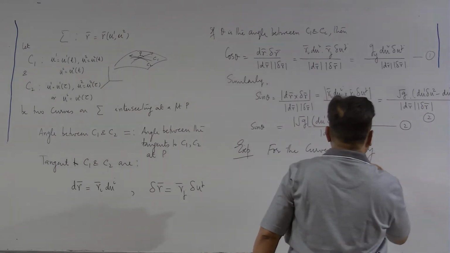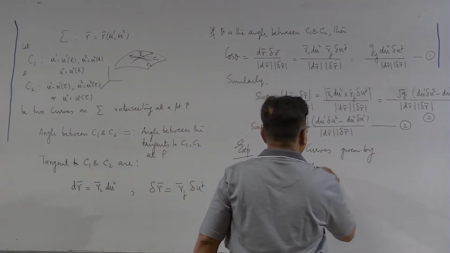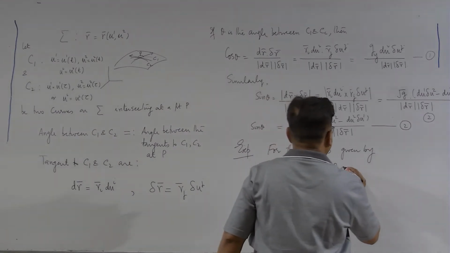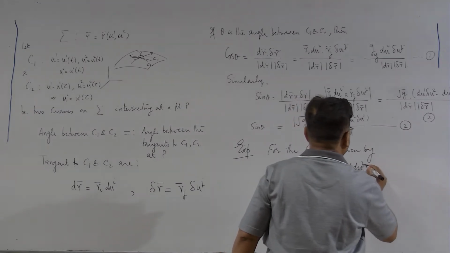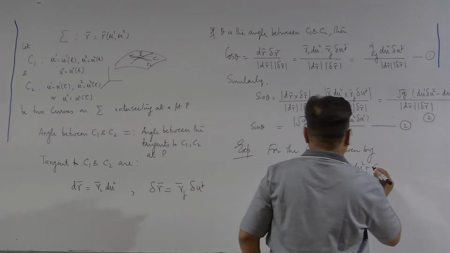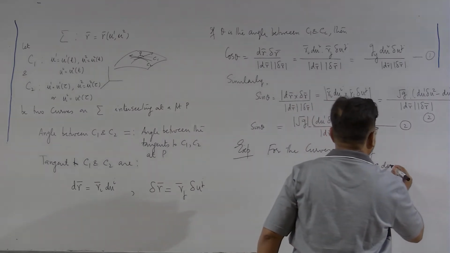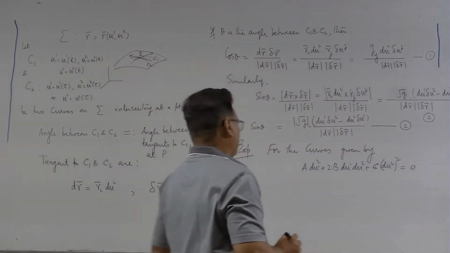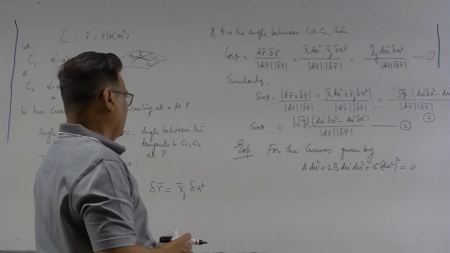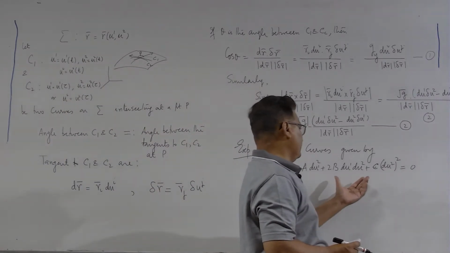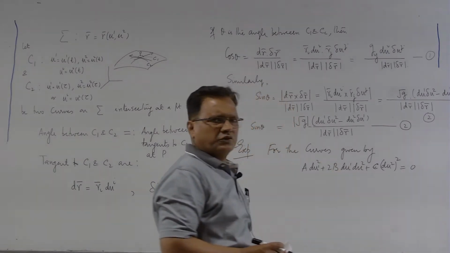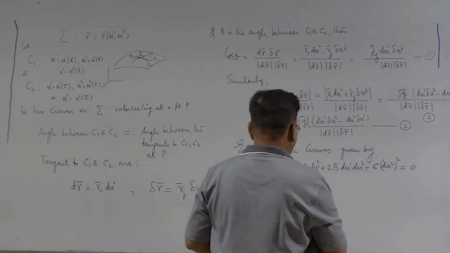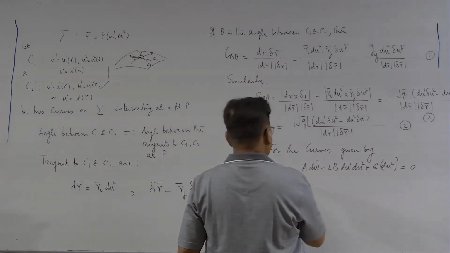given by the differential equation a du 1 square plus 2b du 1 du 2 plus c du 2 square equal to 0. So, a family of curves is represented by this differential equation over a surface whose parameters are u 1 and u 2. For these curves, what we have to do? We have to show that